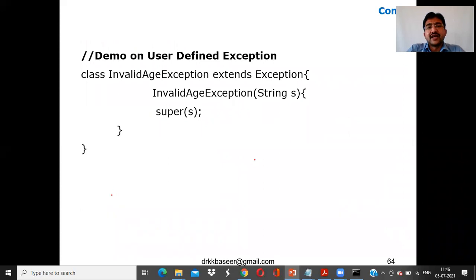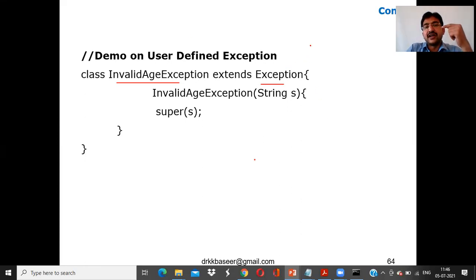Here I am creating a user-defined exception called InvalidAgeException. The topic is creating our own exception subclass. Who is the parent class? Exception. Which is the subclass here? InvalidAgeException, which is a user-defined name. You can create it even with your own name, like class KKB extends Exception, where KKB is the user-defined exception. Now InvalidAgeException is a user-defined exception here.